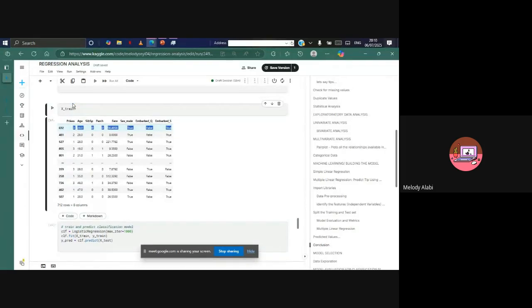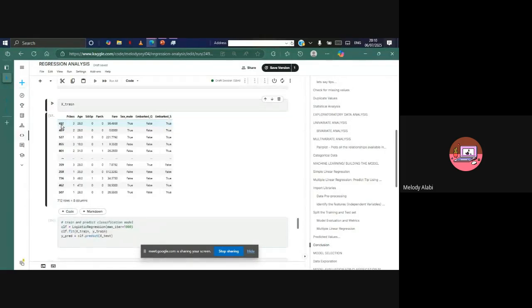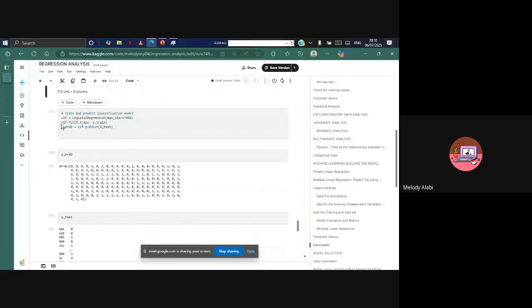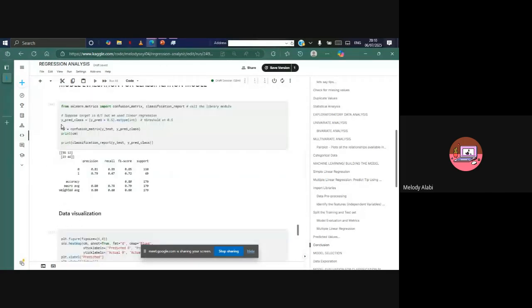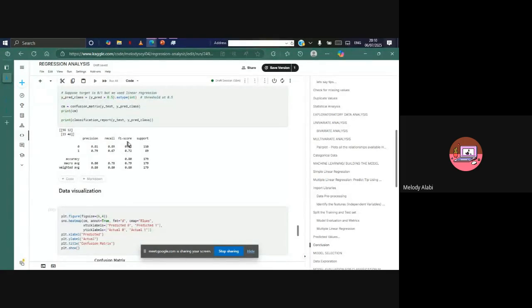I'm so sorry I didn't put it here, and time is fast spent because I have to start typing down the codes. So the precision and recall and F1 score, that's what I wanted to really